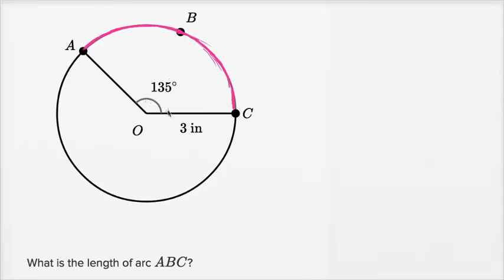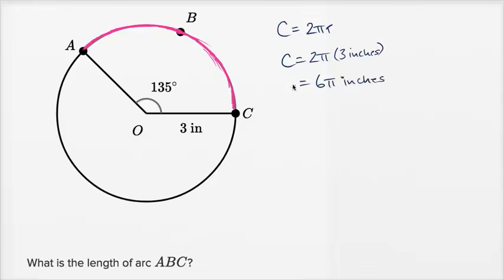And a big hint here is if we were to go all the way around the circle, that would be 360 degrees. But we're only going 135 of those 360 degrees. But let's first think about the circumference. The circumference of a circle is equal to 2 pi times the radius of the circle, and they give us the radius is 3 inches. So the circumference is going to be 2 pi times 3 inches, or 2 times 3 is 6, times pi, so it's going to be 6 pi